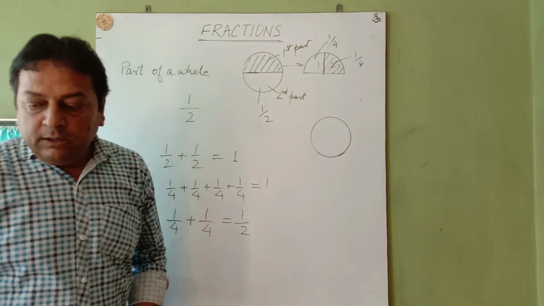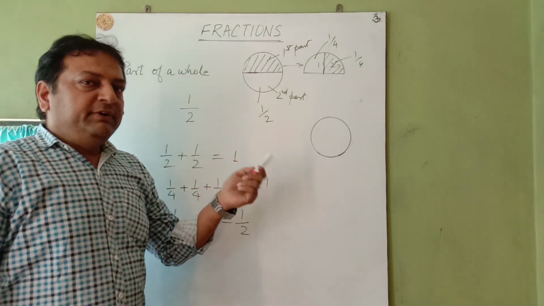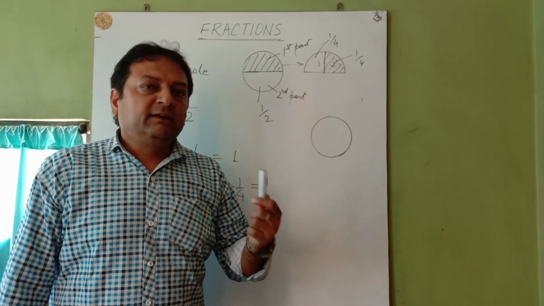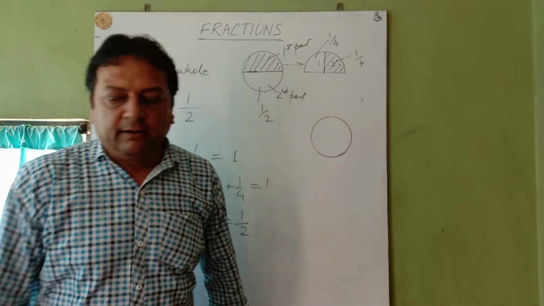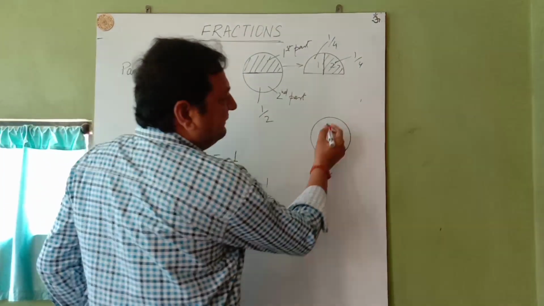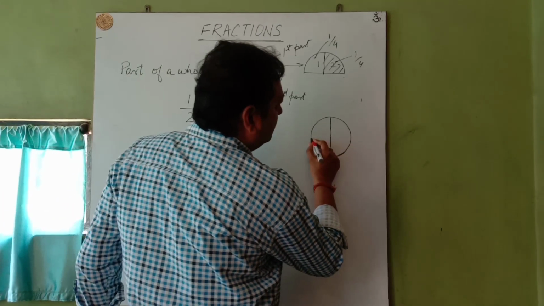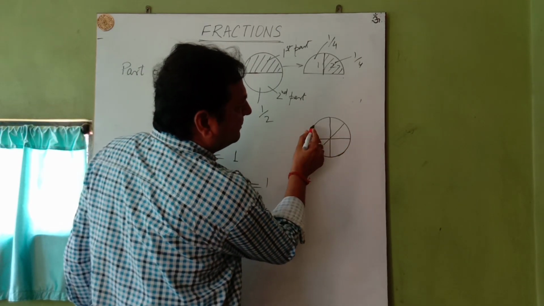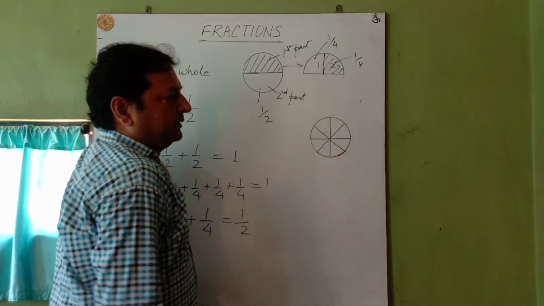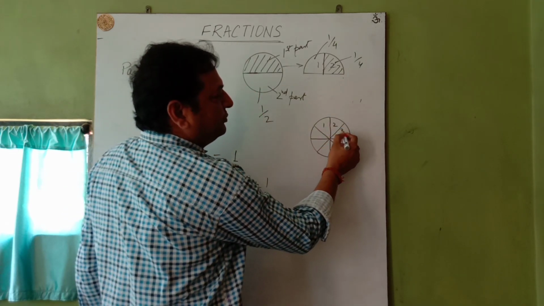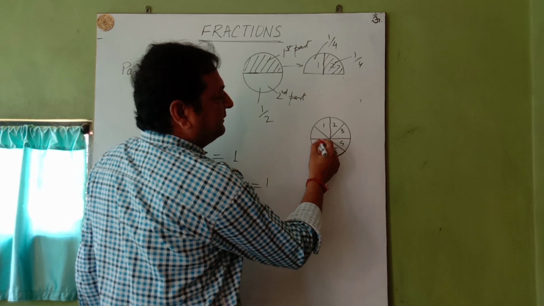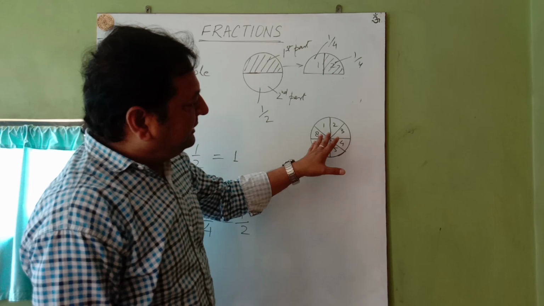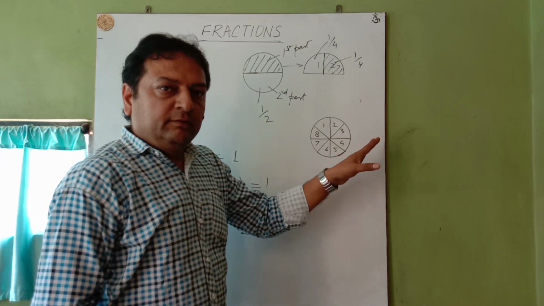Okay? Now it is not that when we are talking about fractions, you will take only a circle to explain things, but a circle is more convenient to understand. Now I am dividing this circle, these are the 4 parts I have divided into. Further I am dividing it. So in how many parts have I divided? 1, 2, 3, 4, 5, 6, 7, 8. I have divided it into 8 equal parts.